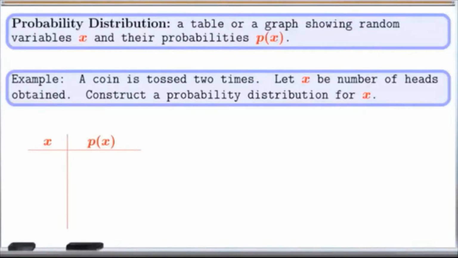A coin is tossed 2 times. Let x be the number of heads obtained. Construct a probability distribution for x. Here, random variable x is the number of heads obtained. So first, we need to identify possible values of x. Since we are tossing a coin 2 times, we need to think about outcomes in terms of number of possible heads. Here, the number of heads we can have are 0, 1, and 2. So let's put them down. So they are 0,